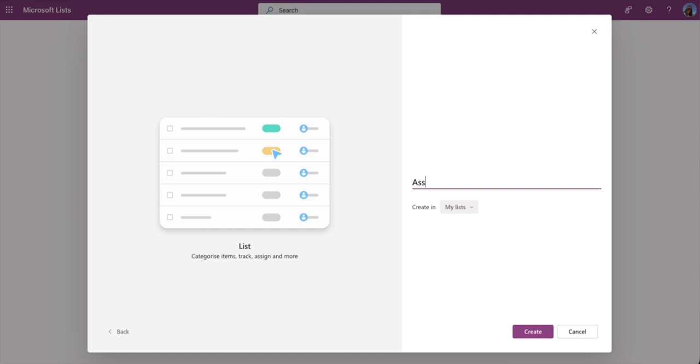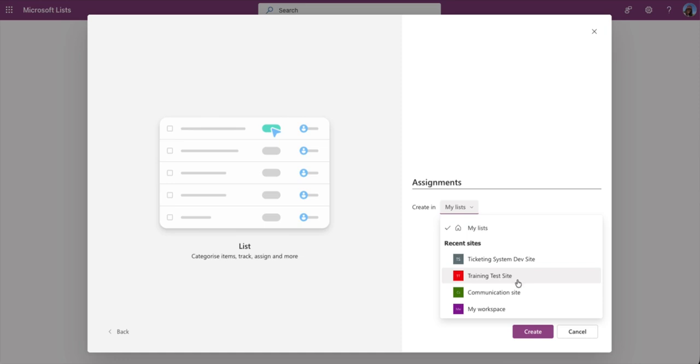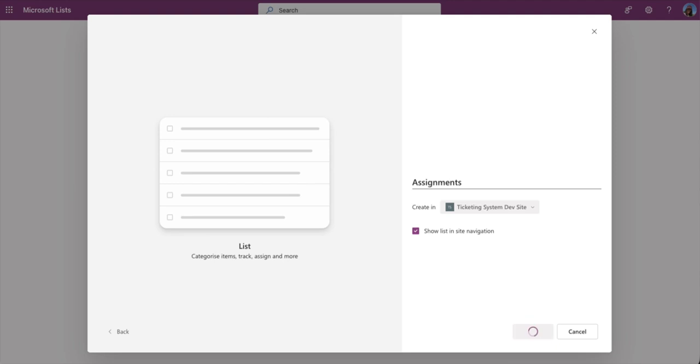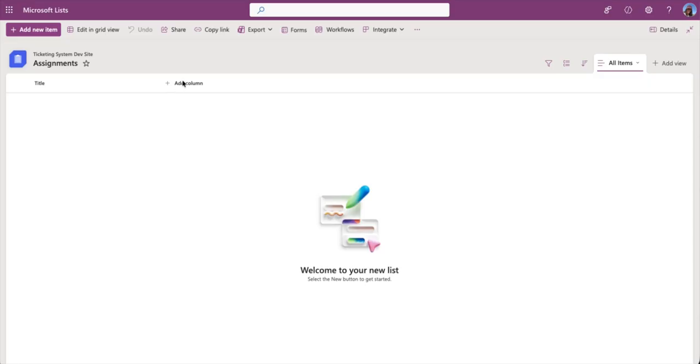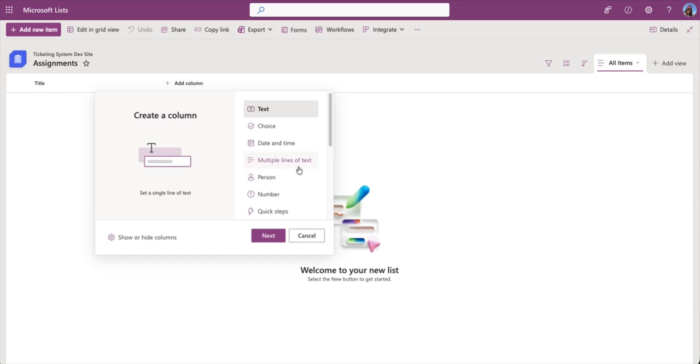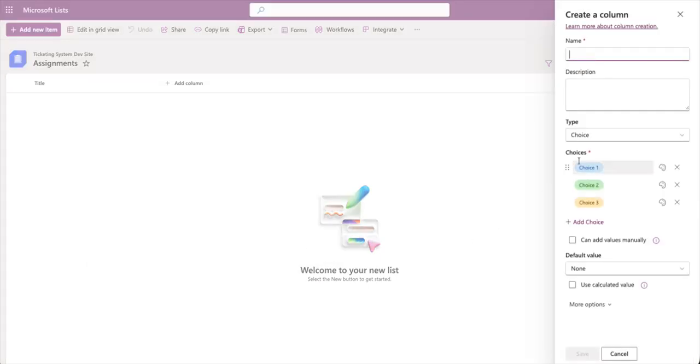And here, this one is going to be called assignments. And I'm going to create it in the same SharePoint site. And then click create. Okay, so now we have here our assignments. We are going to create a column. Our first column will be the category, and that's going to be a choice column. Here we will name this category, and then the choices will be account issues, hardware,